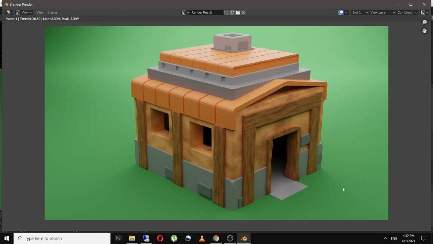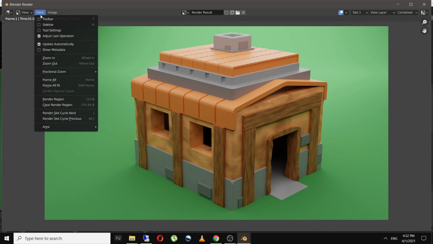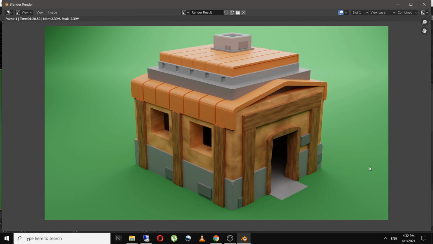After rendering, it will look something like this, which is pretty cool. And if you go to image, you can save this image by clicking on Alt S. And do not worry about the scene settings and materials. I will do a separate in-depth session on that. For now, just follow the steps. I hope you guys had fun in this tutorial as well. And as you have noticed, I have fast forwarded some parts of the tutorial to skip ahead since we did the exact same things in our last tutorial.